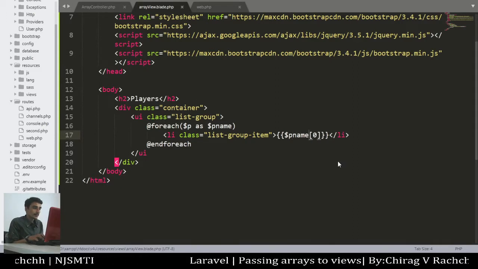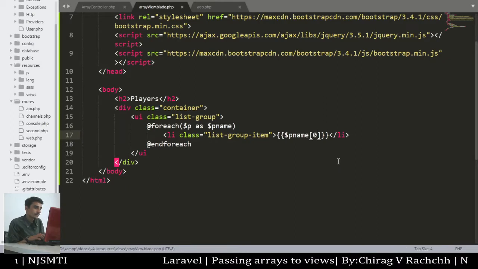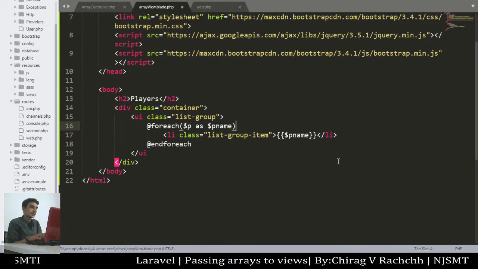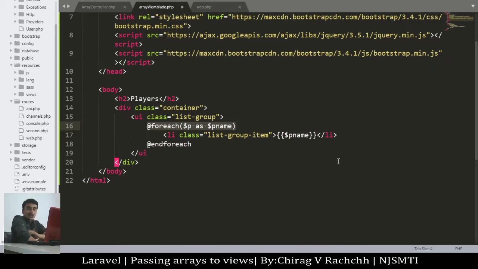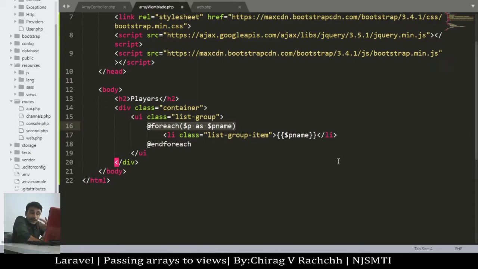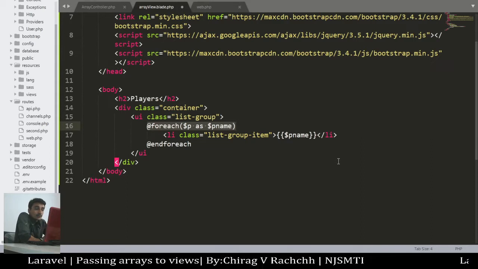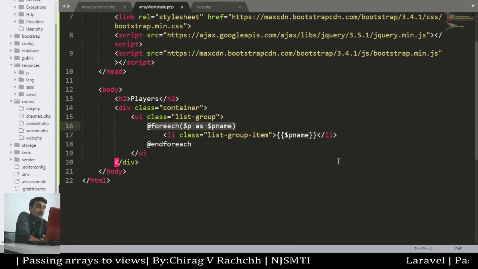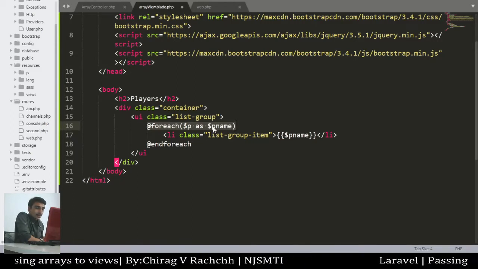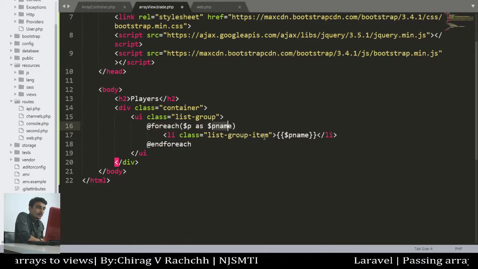p name, just p name. This loop will be executed for each element in the array, and each time the loop is executed, a name of the player from the array will be extracted and stored inside pname, and we are displaying it.